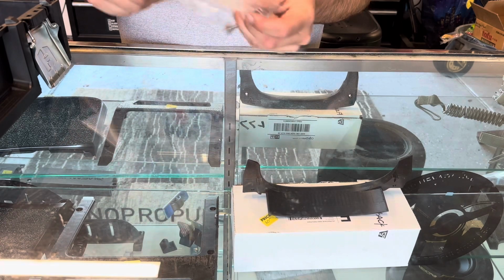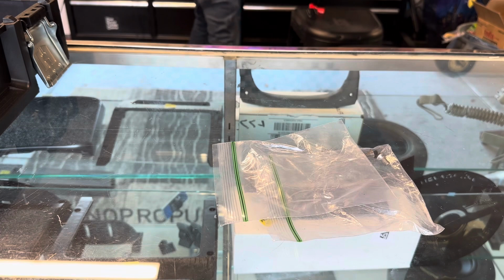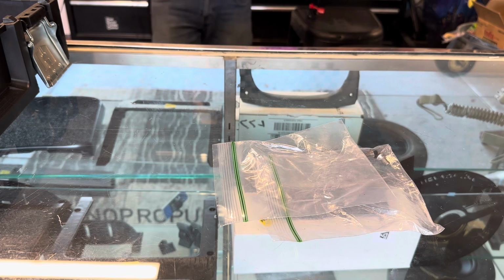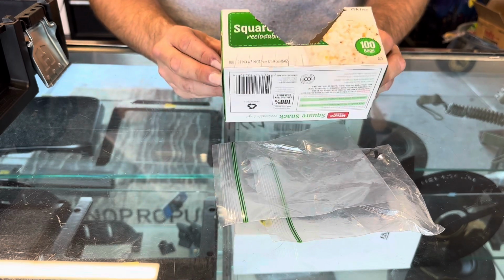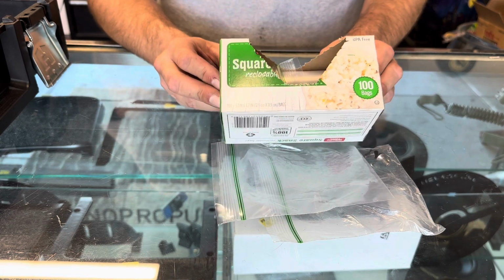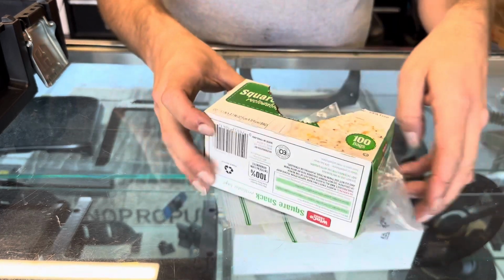I love carrying these little bags. They're little snack bags from Walmart. Or I'm sorry, they're from Winco. 100 of them, it's like $2. And they're great because if you are taking something apart and you're not going to put it right back together, these things are perfect for that. While we're on the bags,